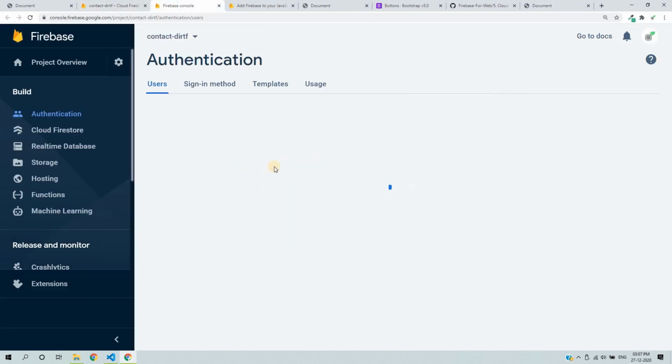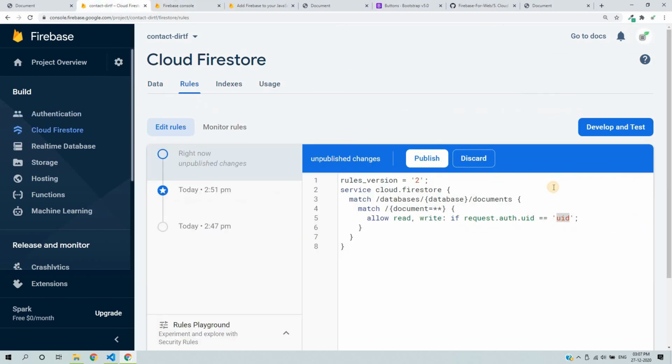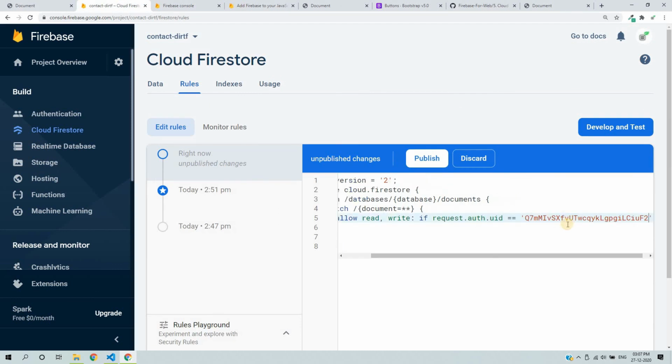So if the user is this one, only this user ID can write, read, delete, or update the data.